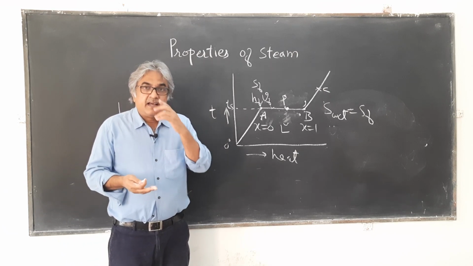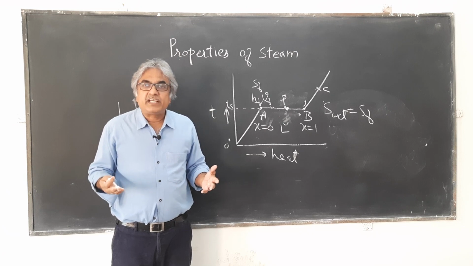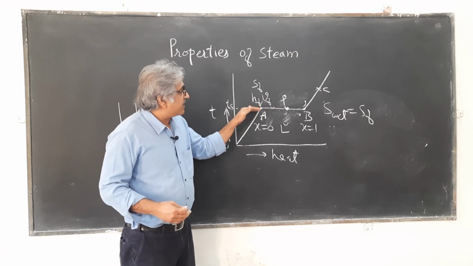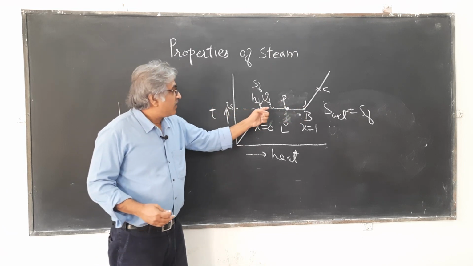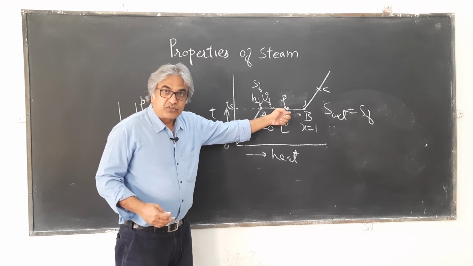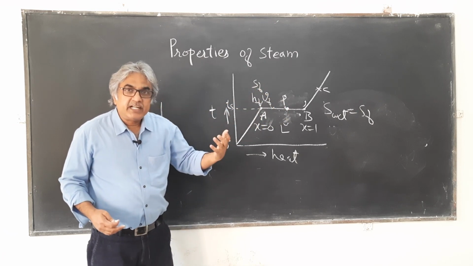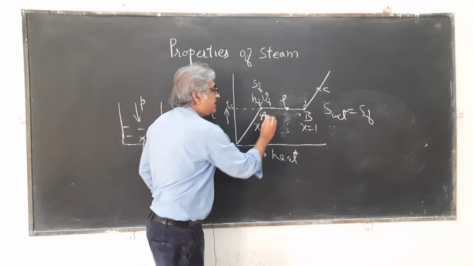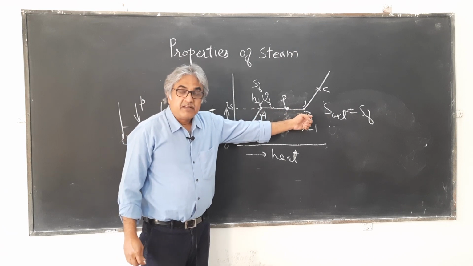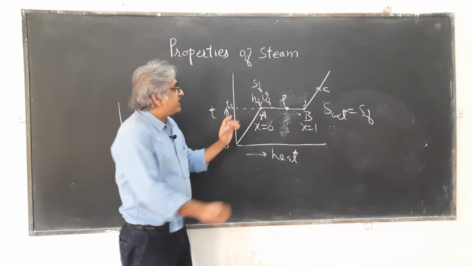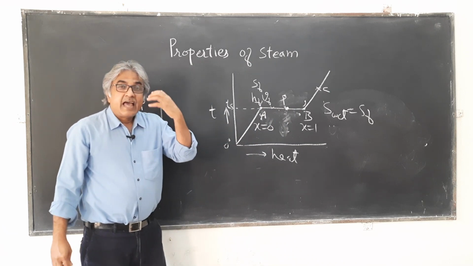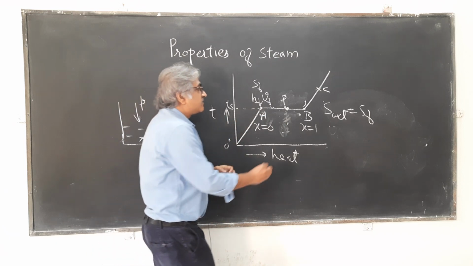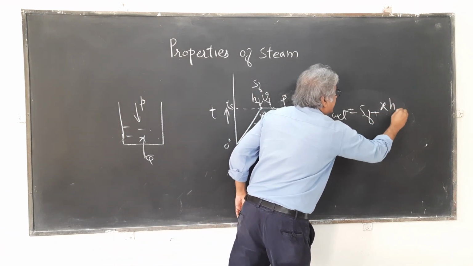So you know the entropy expression. If you are adding heat and the temperature of the substance is not changing, then the expression for entropy will be heat added upon temperature. Please note that from A to B, the temperature is constant, and A to P, the temperature is also constant, and heat is being added. How much heat is added? If you add the full latent heat, which is Hfg, the point would have moved to B, but you have not added full Hfg, it is dryness fraction X, that means X of Hfg is being added. So the heat added is X into Hfg.